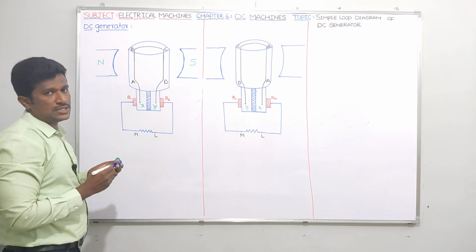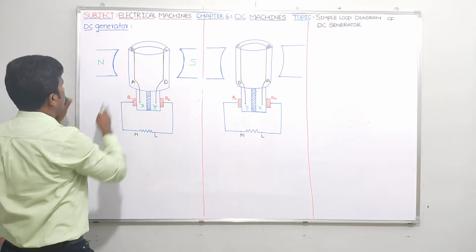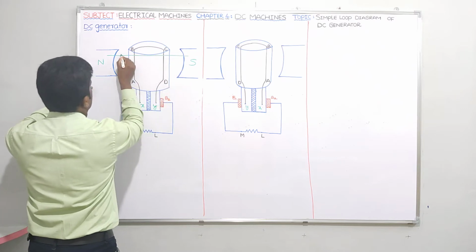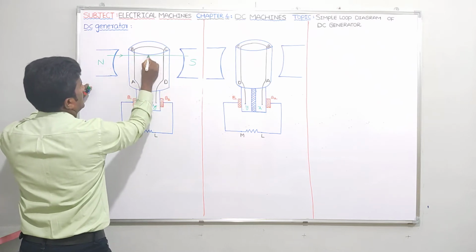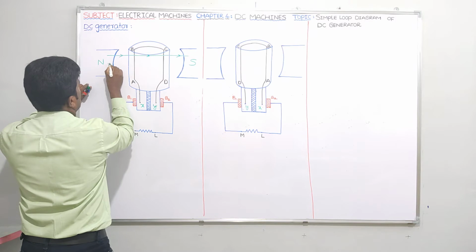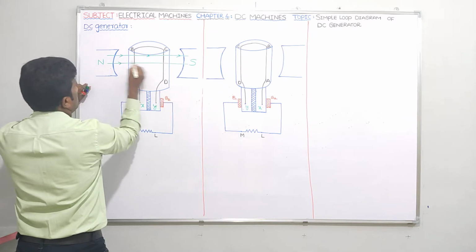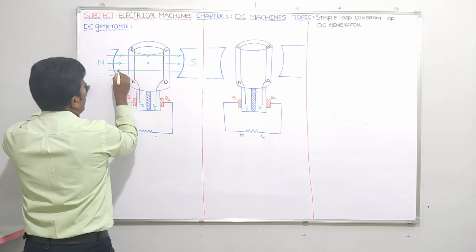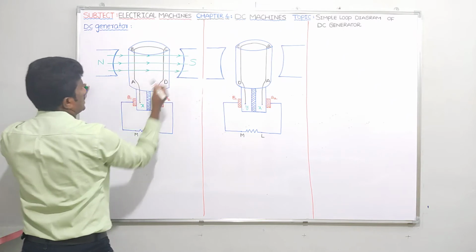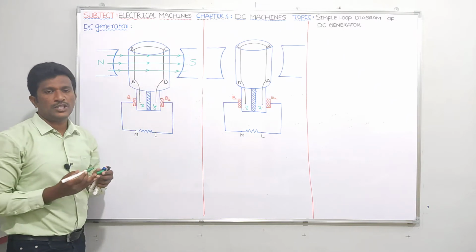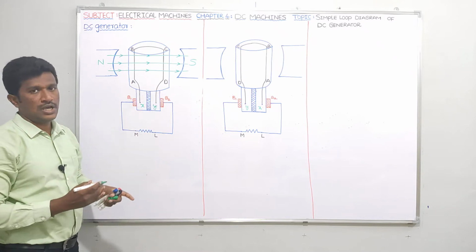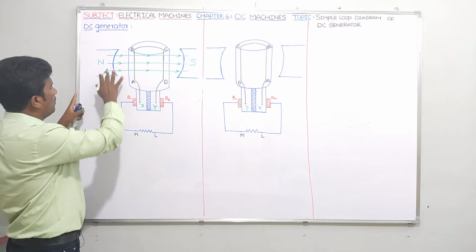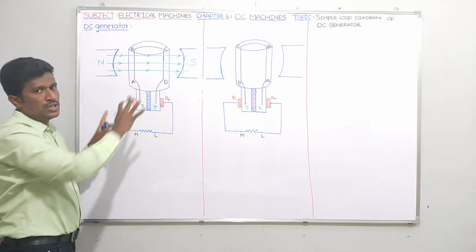This is a property of flux lines. Flux lines start from the north pole surface and reach the south pole surface like this. Let me show some more flux lines here. They start from the north pole surface and reach the south pole surface. So this is what the flux lines are, flowing from the north pole surface to the south pole surface because of giving DC supply to the field winding, which I am not showing in this figure. The field winding is not shown in this figure.